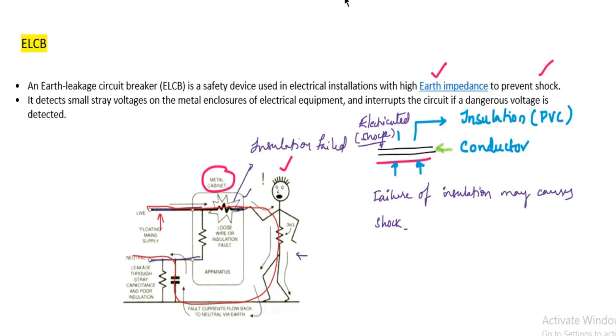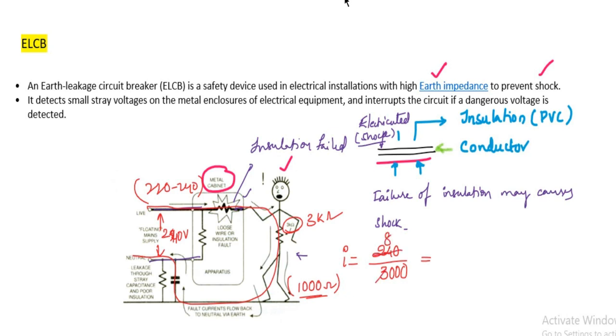Okay, so what is the single phase voltage we apply? Let us say it is around 240 volts. It can be anywhere between 220 to 240. So let us find the current through the human body. That is, I is 240 by the body impedance, which is 3000 ohms here. He mentioned here it is 3 kilo ohms. Generally it is 1000 ohms, and it will be different for a wet body or dry body. So let us take 3000 here, so that will be around 80 milliamps. So this is the current flowing through the human body.